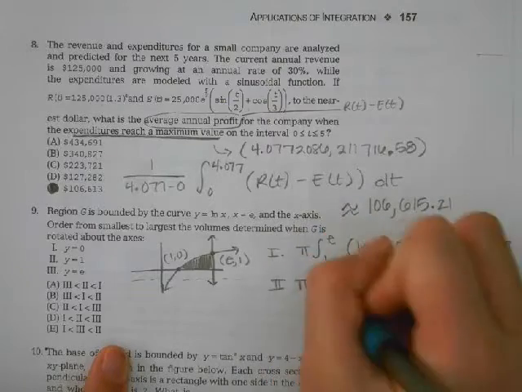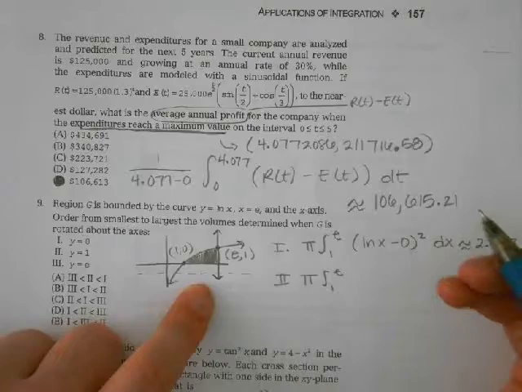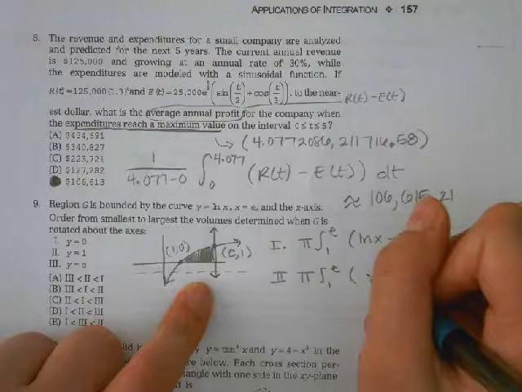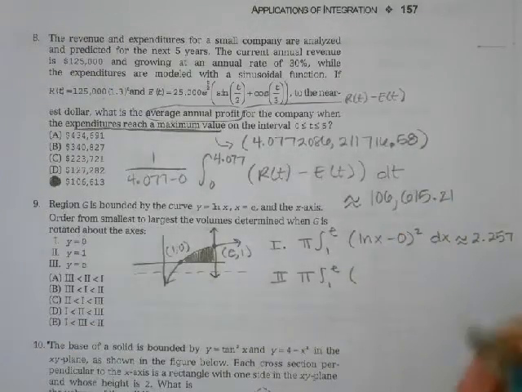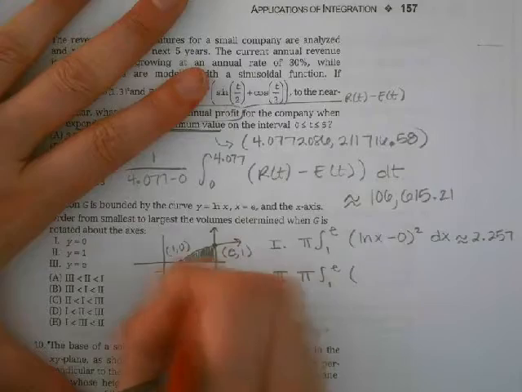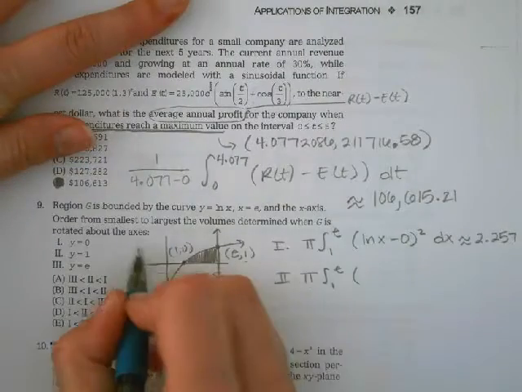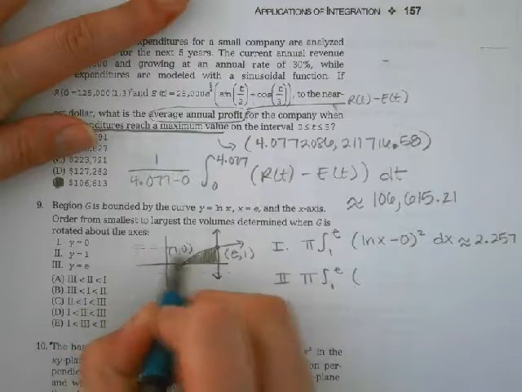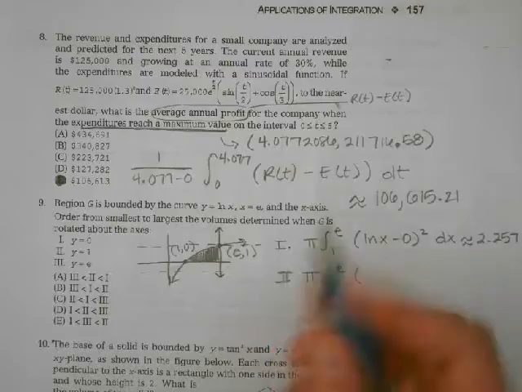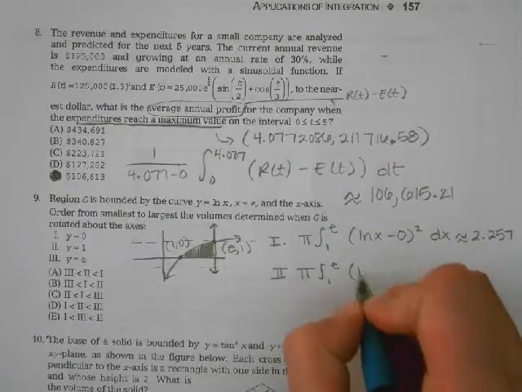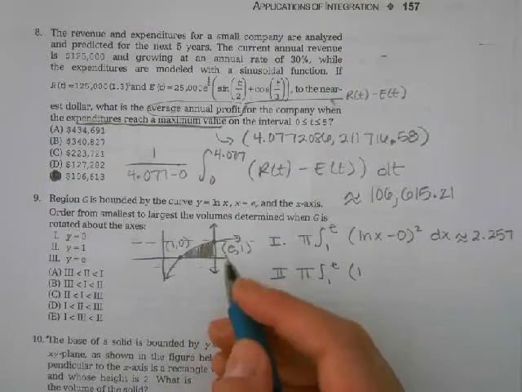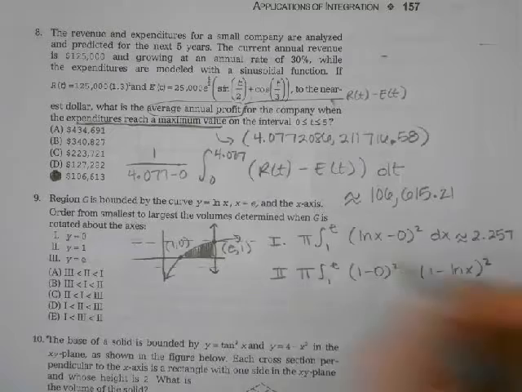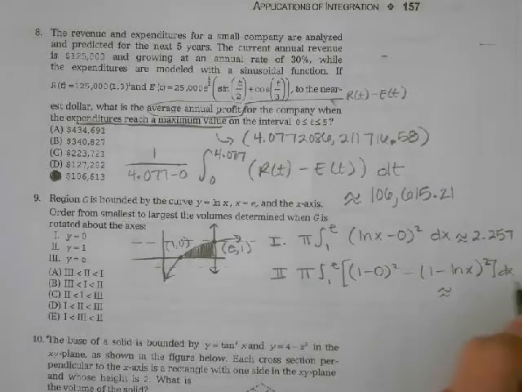For the second one, if we have this line right here, we got pi. It's going to be the washer method this time, so we're going to do top minus bottom again, but it's going to be the curve minus the axis of symmetry. Oh gosh, y equals 1, not negative 1. So y equals 1 is right here. Okay, so yes, washer method, top minus bottom. So the top is the axis of symmetry. So 1 minus the one that is furthest from it, which would be minus 0. 1 minus ln x squared. And when you type that one in, you get